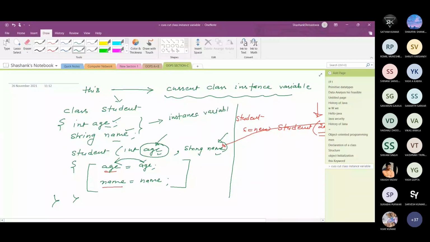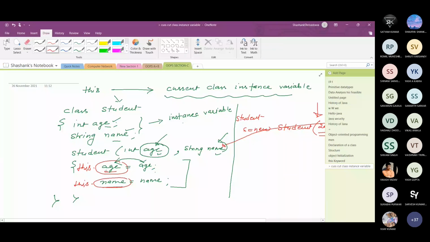So in order to distinguish instance variable from local variable, we need to make some difference between this age and this age. Because this is basically the reference variable, we need to put here this dot age, this dot name.